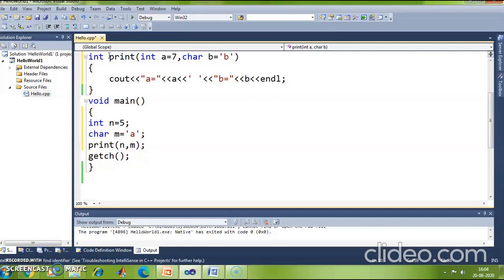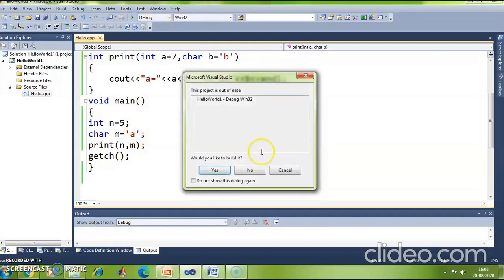Okay. So now what will be printed on the screen? N and M value is passed here, right? So what would be the value of A? A value will be equal to the value of N, that is 5. And what would be the value of B? The value of B would be the value of M, that is 'a'. So 5 and 'a' will be printed on the screen. If you see the output here,